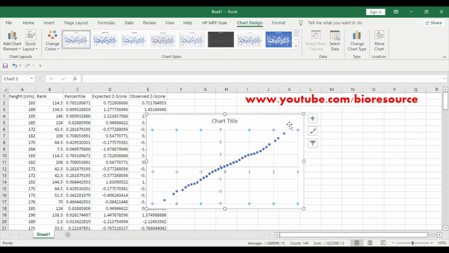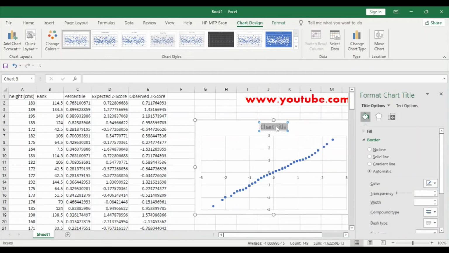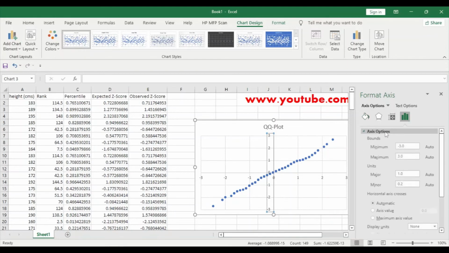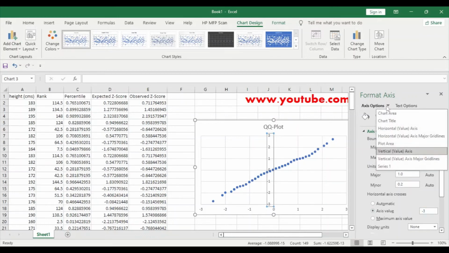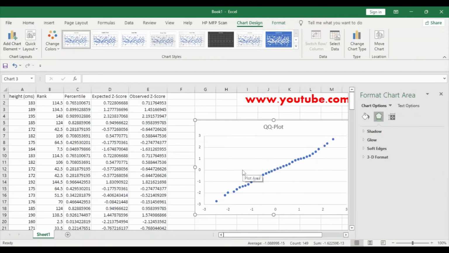Now this is our data here. Now we can clean up. The chart title can be QQ plot. And we can adjust the x-axis and y-axis values. We can set the y-axis crosses at -3, and in a similar way for the horizontal axis also, the axis value crosses at -3. So now we have the axis values properly aligned.